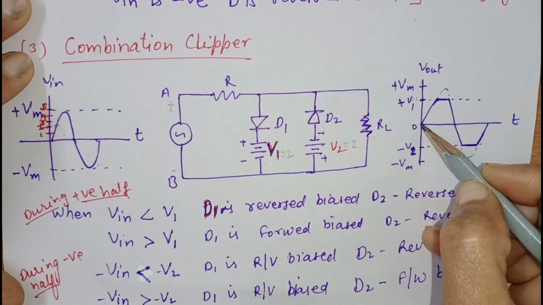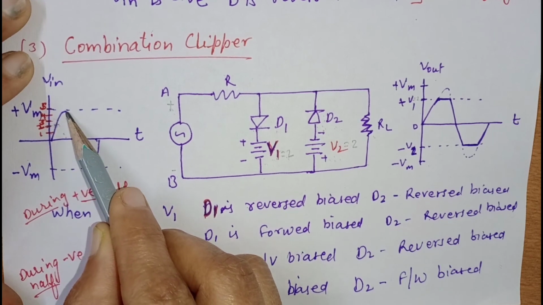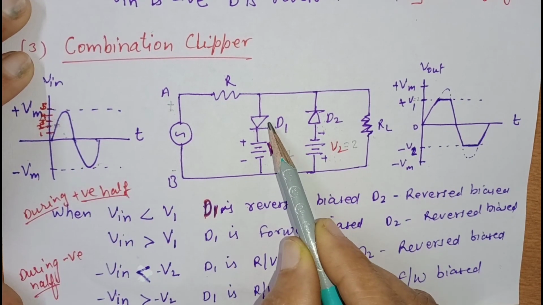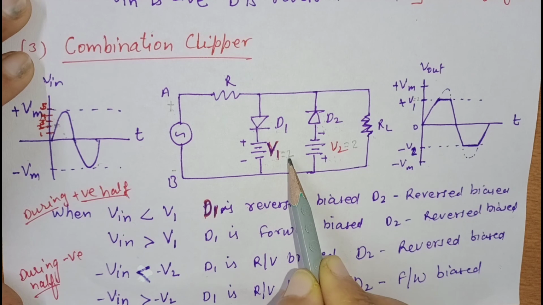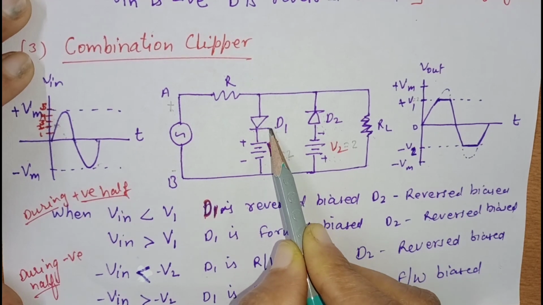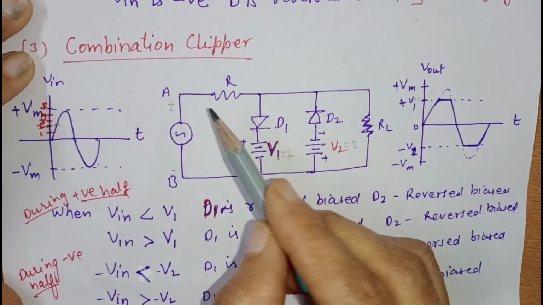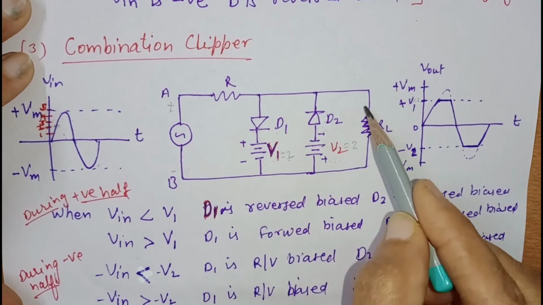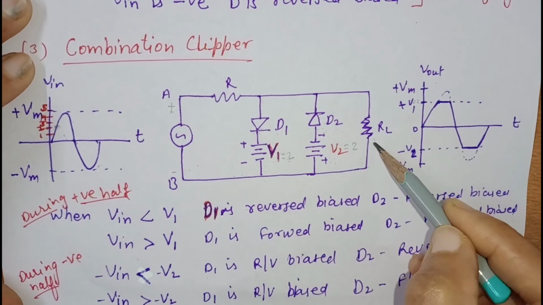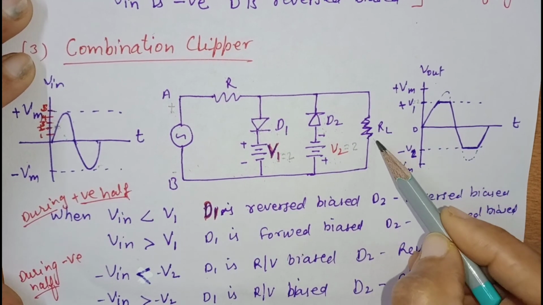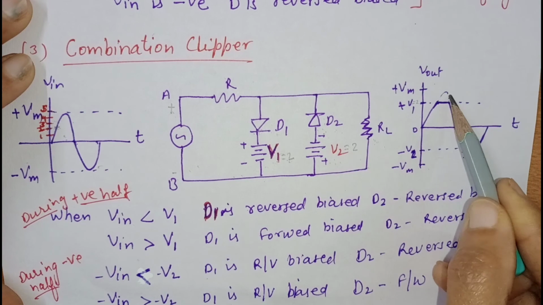We are getting output. Now when this input voltage crosses 2 and becomes 3, 4 or 5, this diode becomes forward biased, meaning when the input voltage becomes greater than this 2, this diode is forward biased and acts like a closed switch. So the current will follow this path, not this one. As the current follows this path, there will be no current and no voltage drop in this RL. So we will get no output.